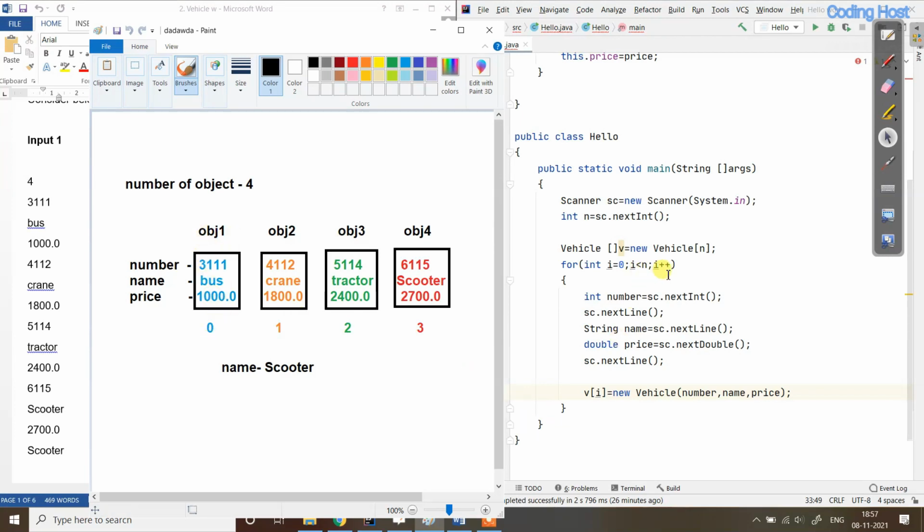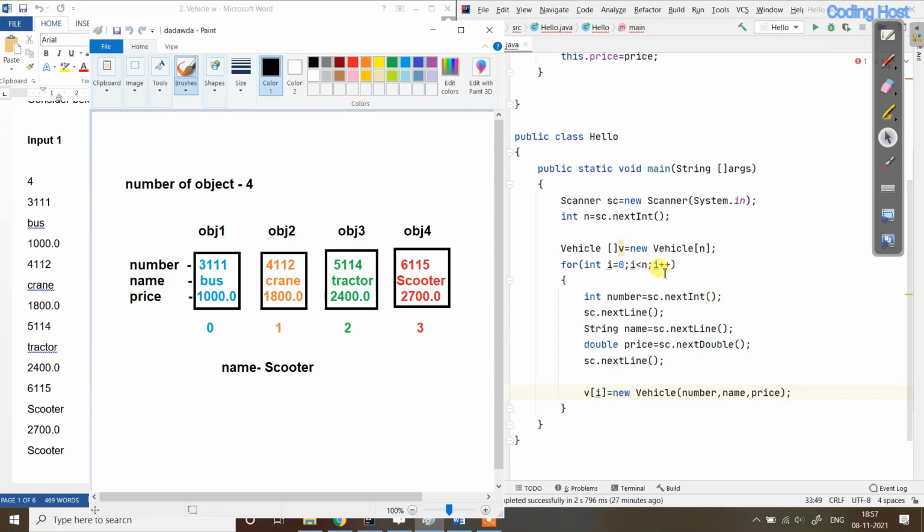After that i plus plus, so now i will become 1. Now again it will take the next 3 values from the input, and it will again make a new object, and it will store these values using the parameterized constructor, and now it is storing at index 1.